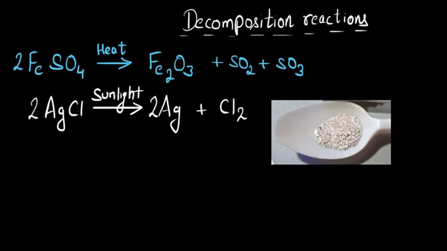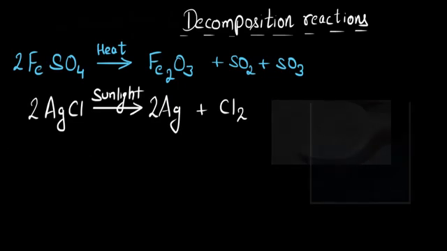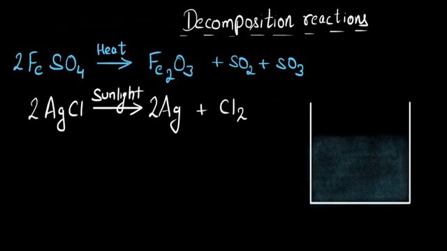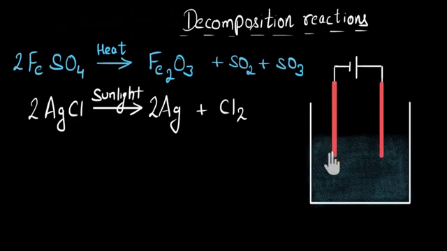Now let's look at one more example. I have a beaker full of water, and I'm going to insert some conducting rods into it, which are connected to a battery like this. So over here, electricity will start flowing into this circuit. And you will notice that there are some bubbles erupting at the point where these conductors touch the water. There will be some gases being evolved.